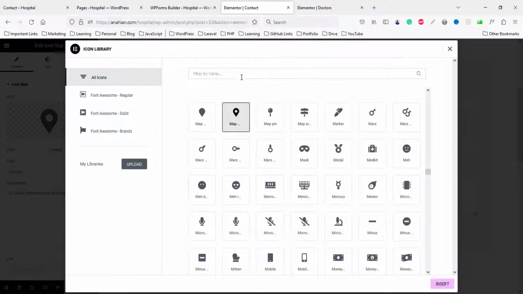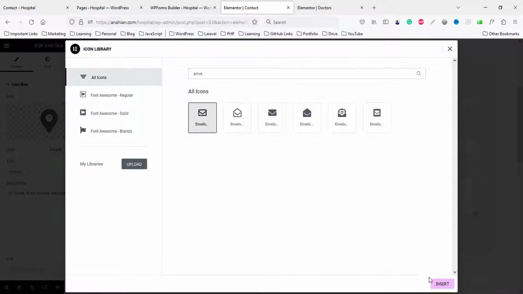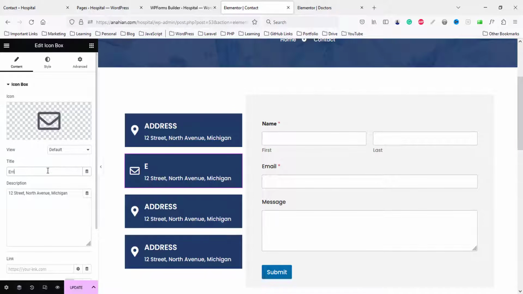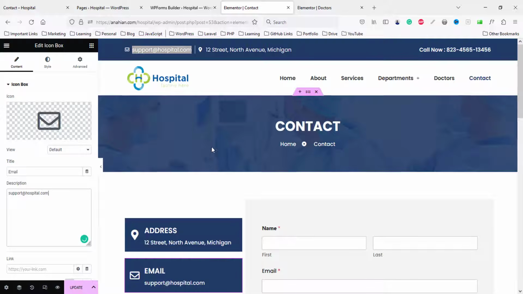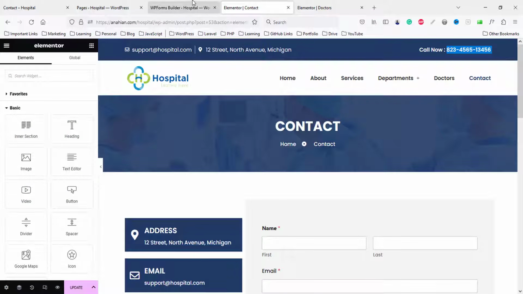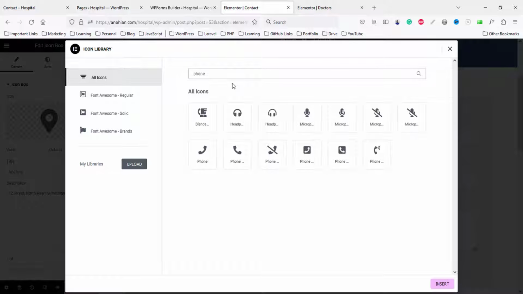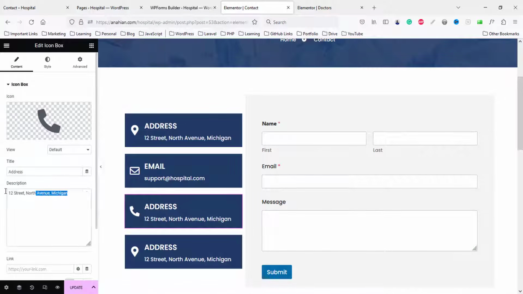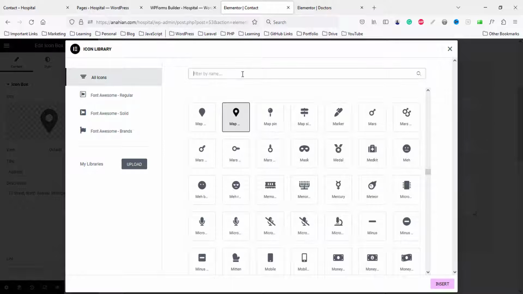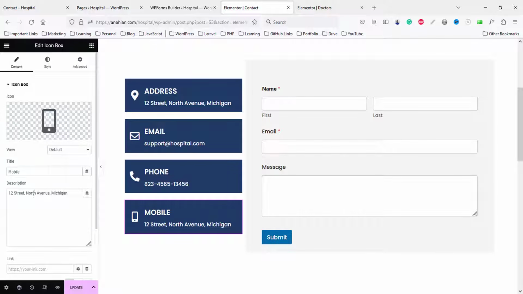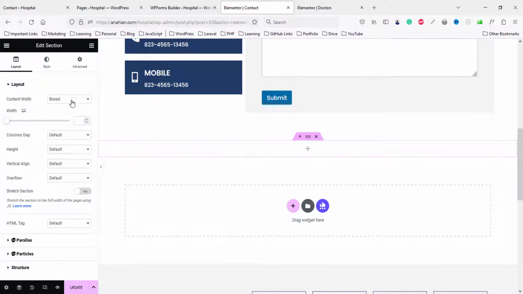Then we have font envelope, that means email icon envelope, we can copy this text right here email, then our phone number, we can search for font icon, right for font, and finally we can use this for mobile icon, insert mobile. Okay, click on update, and finally we need here Google Map, so one column, and from section title we can